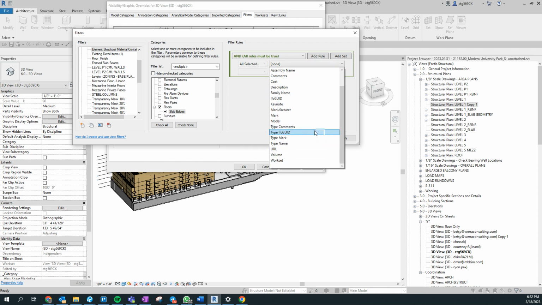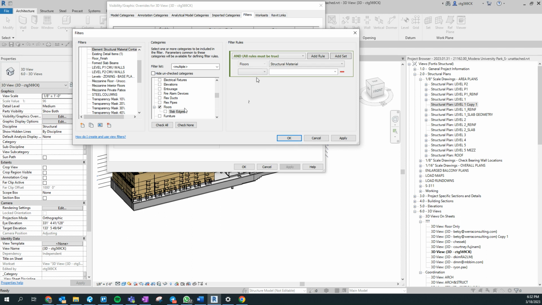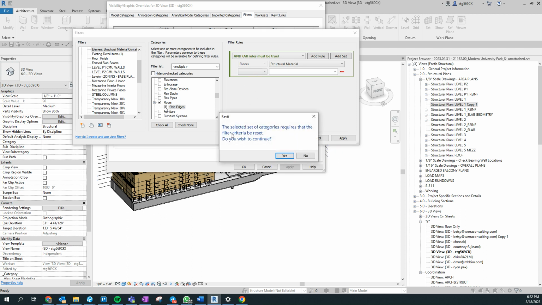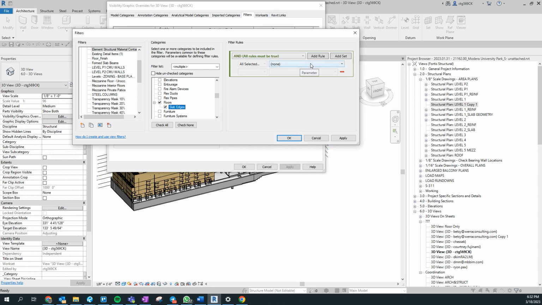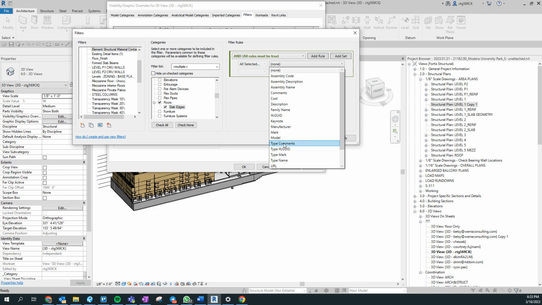Here, we should be able to find the structural material. Okay. So now if we come into slab edges, it's going to say, oh, the selection of categories requires the filter criteria to be reset. Do you wish to continue? The reason is that slab edges, at least in this model, don't have a structural material assigned to them. So if I say yes, it's going to deselect that and I can't find